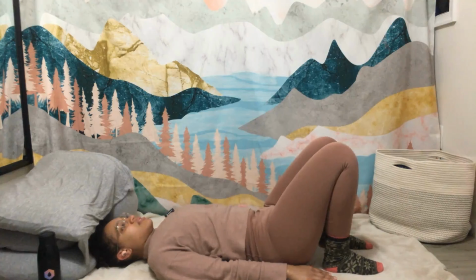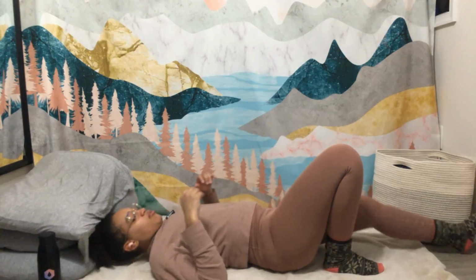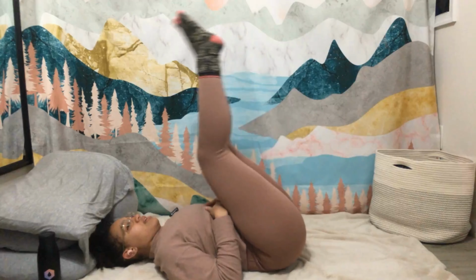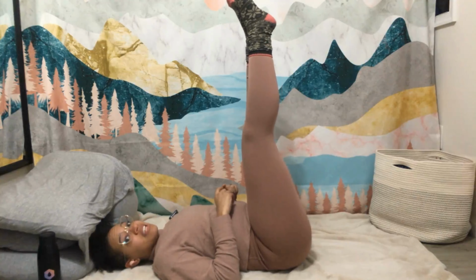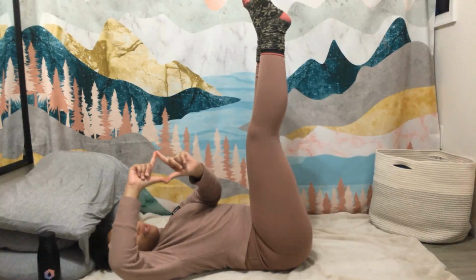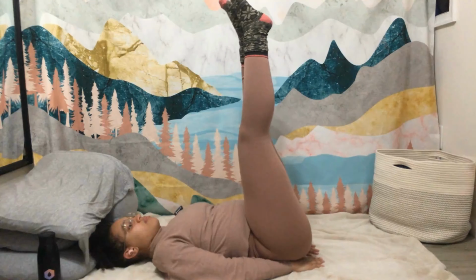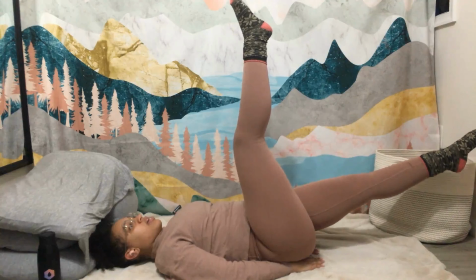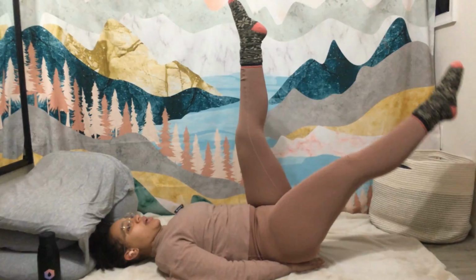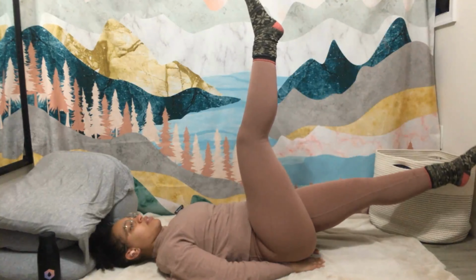And release. Next, we are going to move on to our single leg lifts. Make sure I have enough room. So, again, back nice and flat into the mat. And again, if you're feeling this more in your hip flexors, you can put your hands into a little triangular shape and put that right underneath your tailbone, okay? I might do that. Inhale, drop a leg, exhale, bring it up. Inhale, exhale, squeeze your abdominals as you lift that leg up,